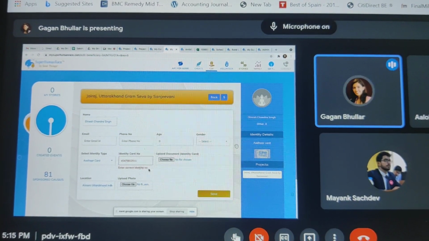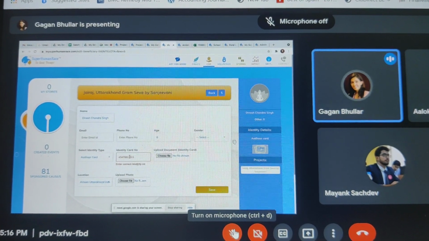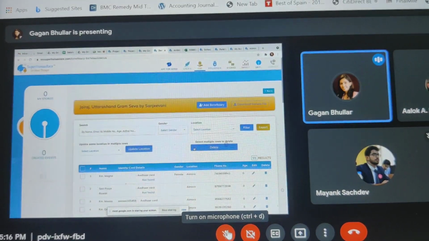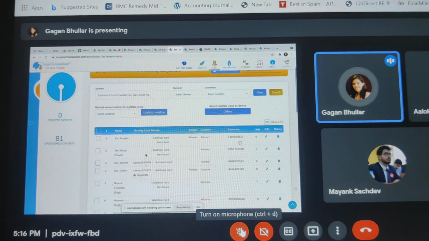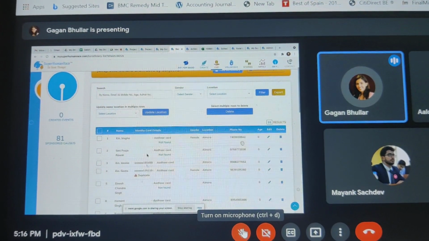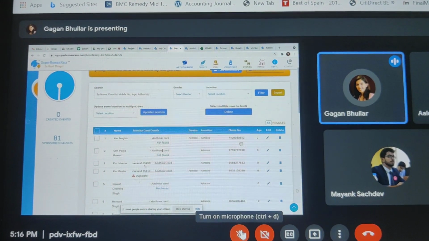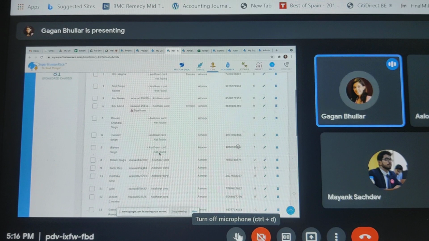It says enter correct identity number. But if, while uploading, I had made this upload as part of my file, it would be flagged as an invalid number. Then we also went one step further, where we are now integrated with the government database. So for partners that are implementing programs where they want the validation for beneficiaries directly from the government database, we are able to offer that as well. So those are some of the fun features that we've added.